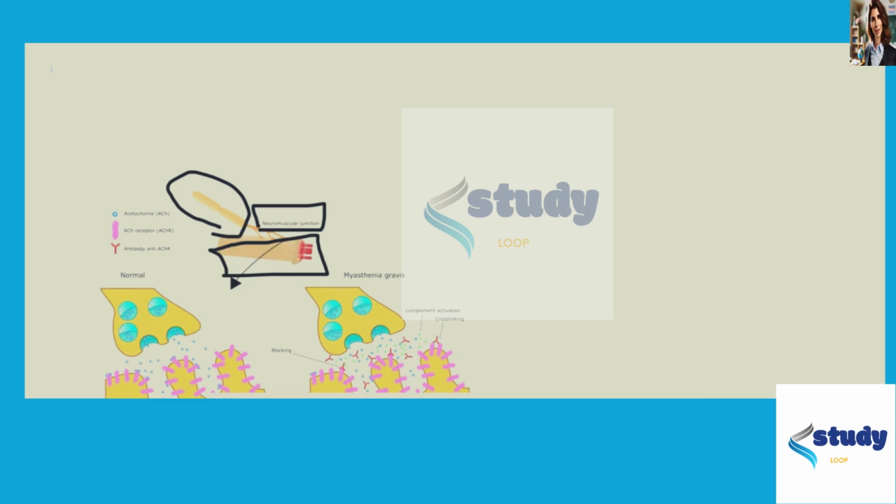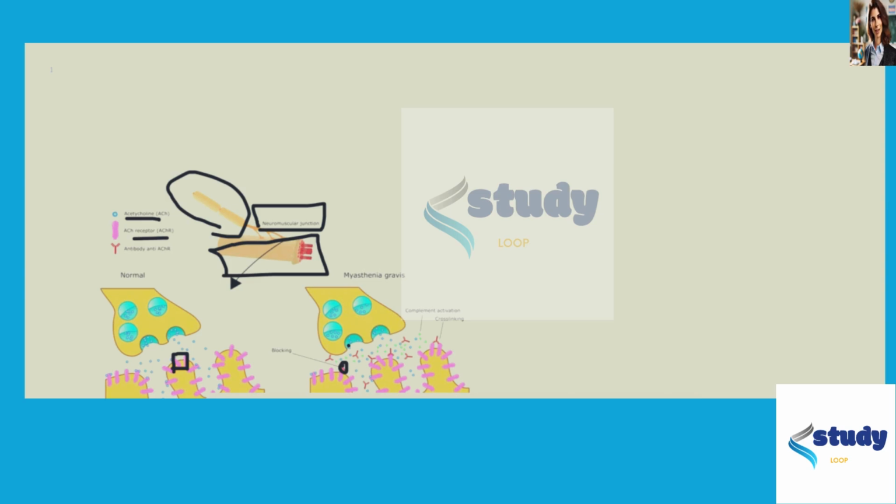Signaling molecules known as acetylcholine bind to the acetylcholine receptors found on muscles, which trigger an action potential and ultimately muscle contraction. What happens in myasthenia gravis patients is that antibodies are produced that block these receptors and thus prevent acetylcholine from properly binding to the receptors, which prevents muscle contractions and leads to muscle weakness and impairment of muscle movement. So let's see which statement best describes this molecular mechanism.